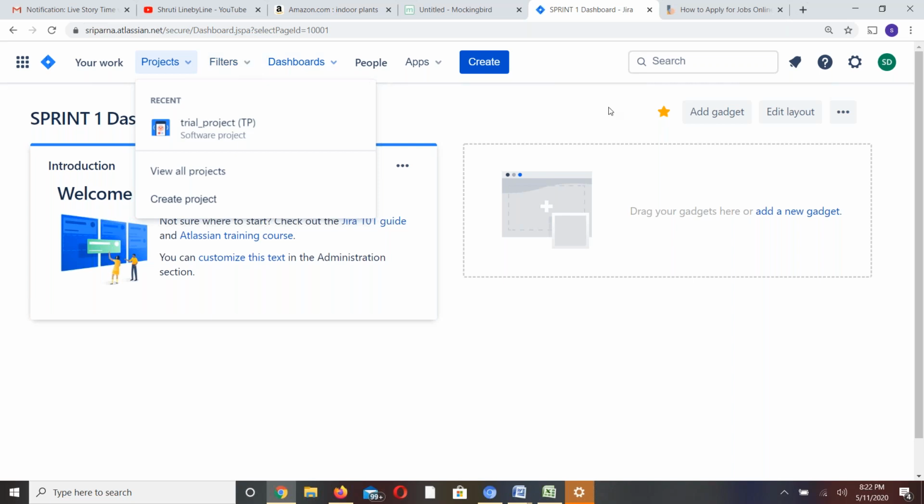And what else can you do? You can create issues, bugs, or any task or subtask. So only for those purposes you would currently be using it. An admin will add the users. Admin will be able to give permissions to the users. Admin will be able to create the dashboards and all that stuff. So for creating dashboards and other things, you need to have the permissions.